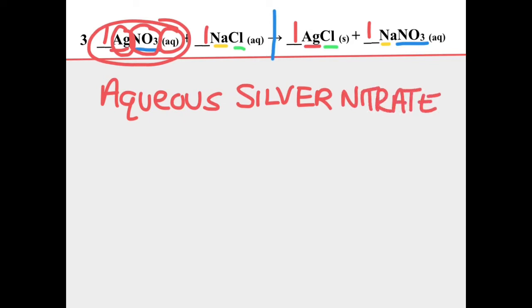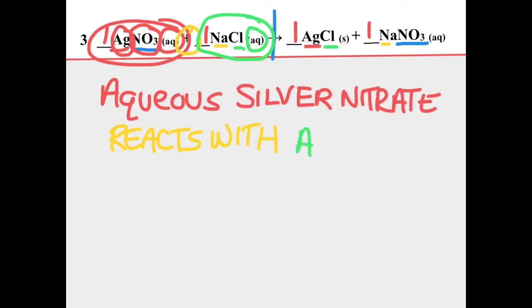And then I'm going to look next, and there is the plus sign. So the plus sign, remember, means reacts with. So aqueous silver nitrate reacts with. And now let's look at our next compound. It's NaCl with an AQ. Remember, the AQ stands for aqueous. So aqueous silver nitrate reacts with aqueous